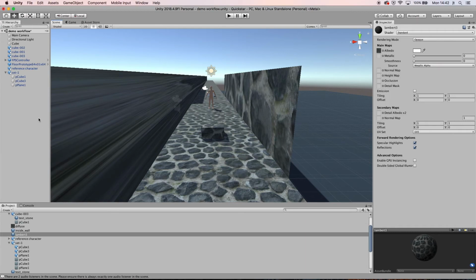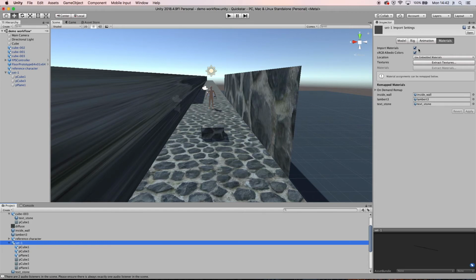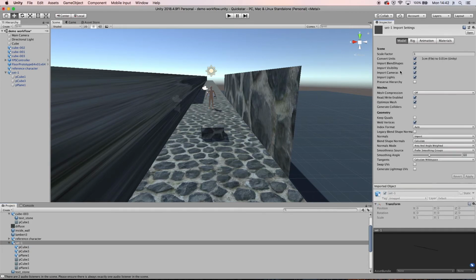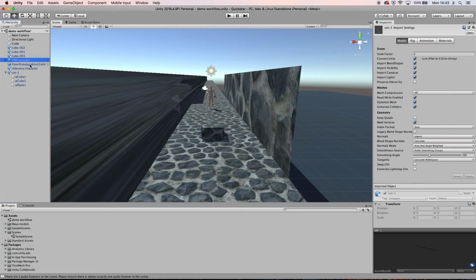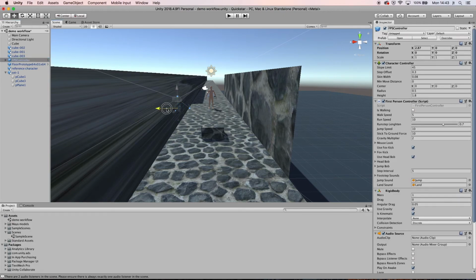The import settings of this set as well. I want this to be solid. I want it to be able to jump on it. So what I need to do is generate colliders. These are objects that would mean that I can't walk through it. So I select generate colliders, press apply,